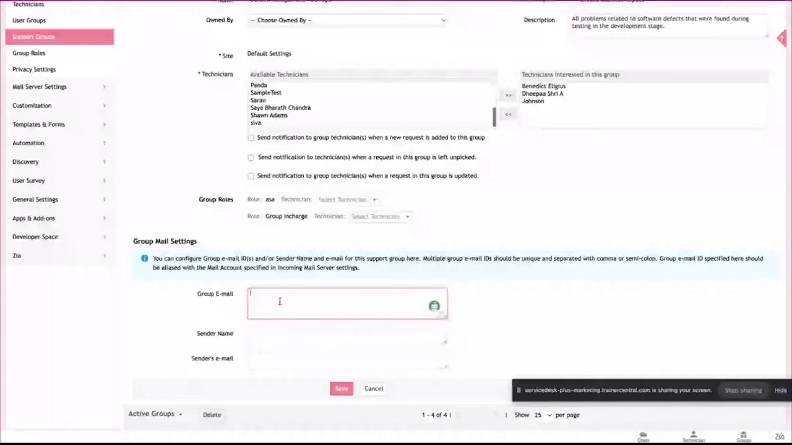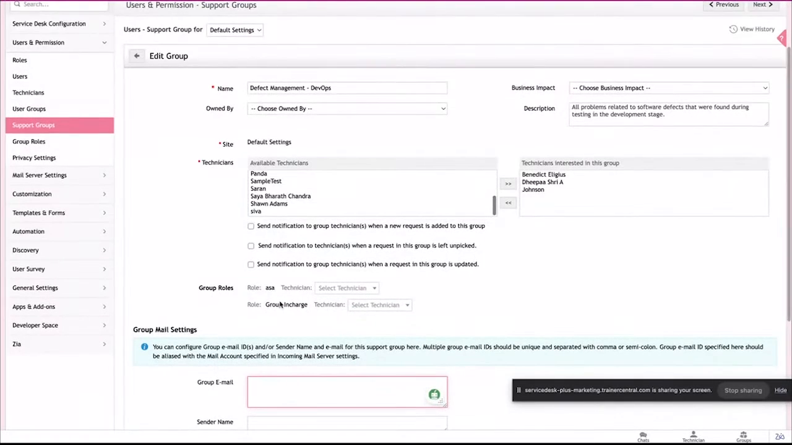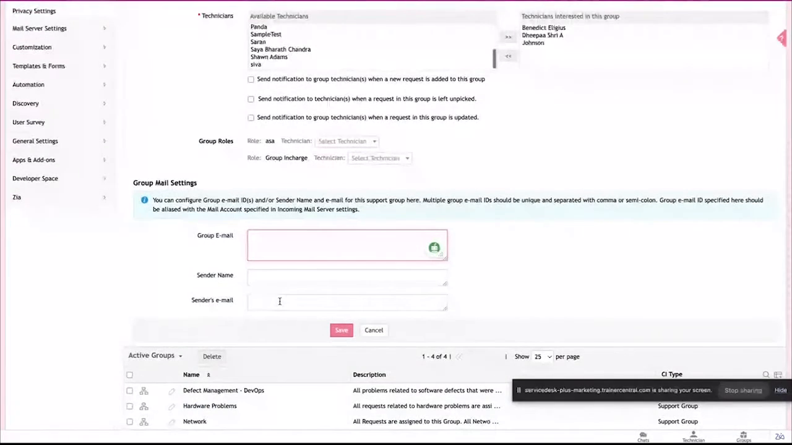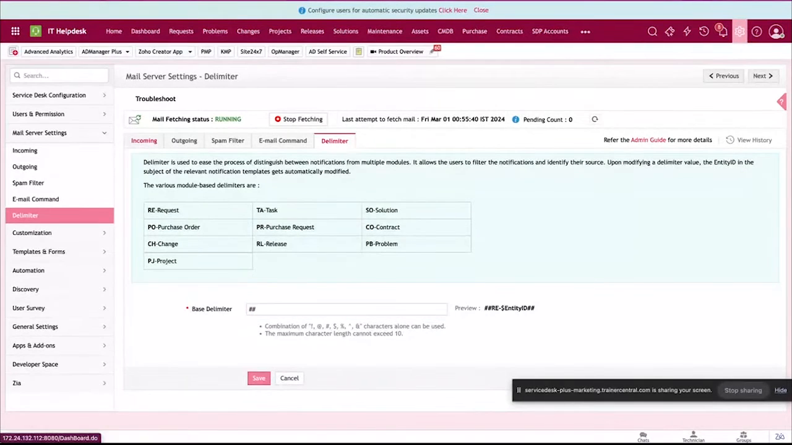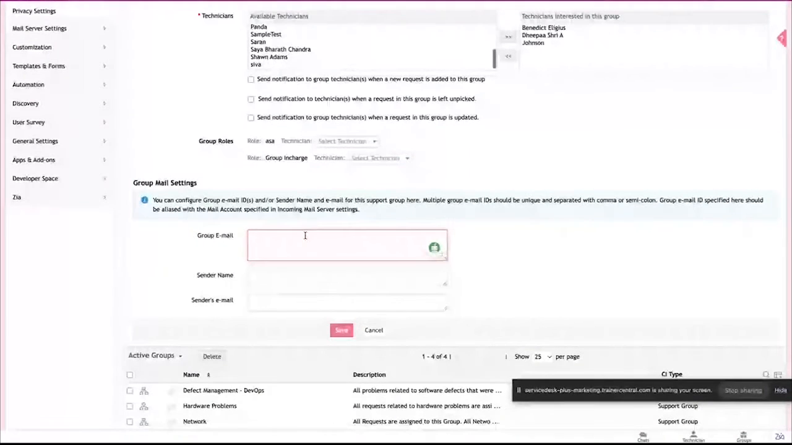So the best thing about this is that the user who belongs to, for example, this DevOps support group, right? If it's a DevOps issue that you would like to raise, he need not go ahead and raise it from the incoming settings email address. Instead, you could add your alias of that email, such as devops at servicedeskplus.com. So when the requester directly goes ahead and